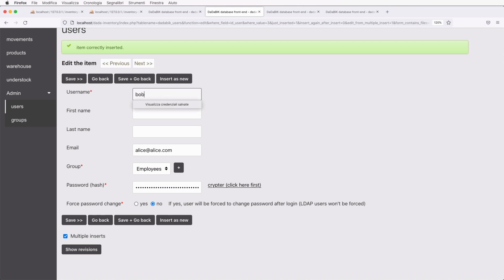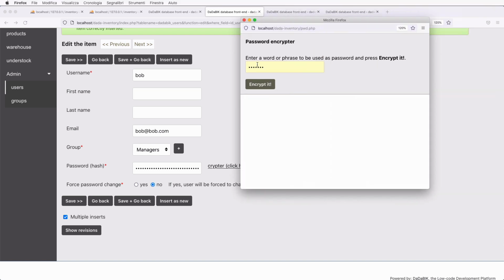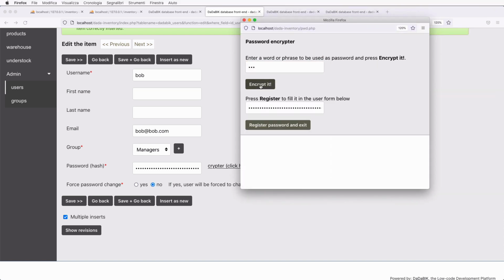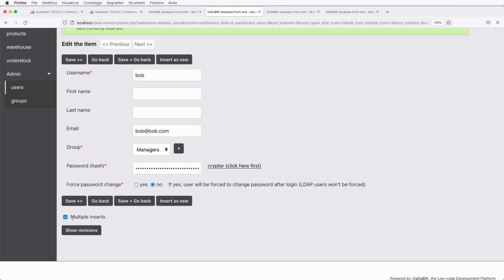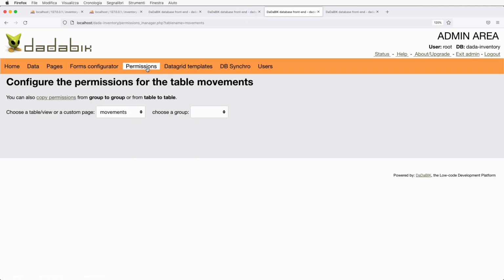This time it's Bob, email bob@bob.com, managers, and the password is Bob. Insert as new. Okay, now we have 3 users. Okay, how about the permissions? Permissions,